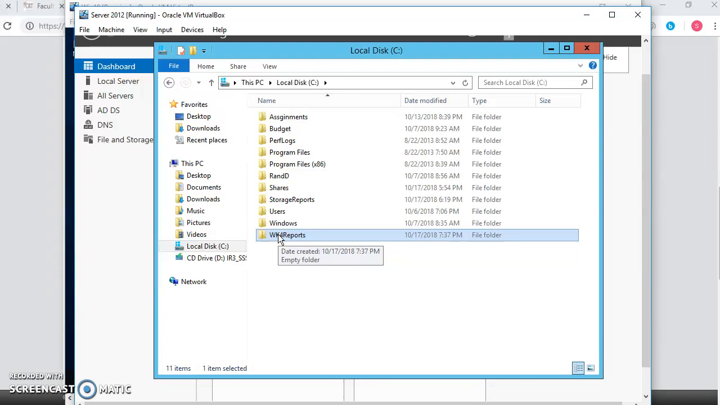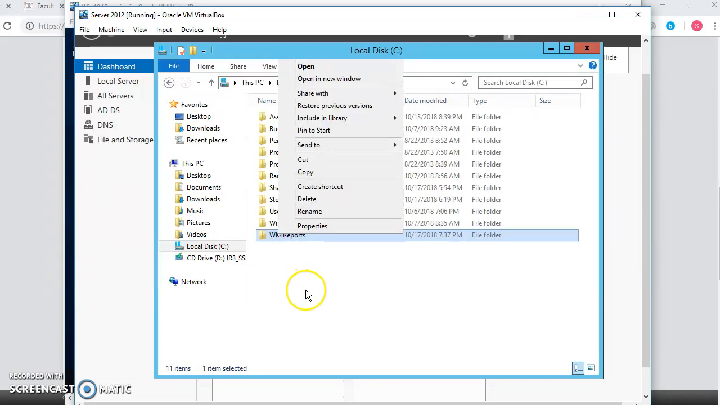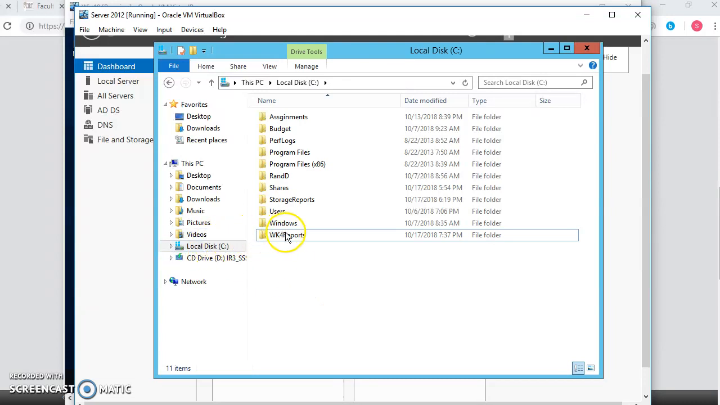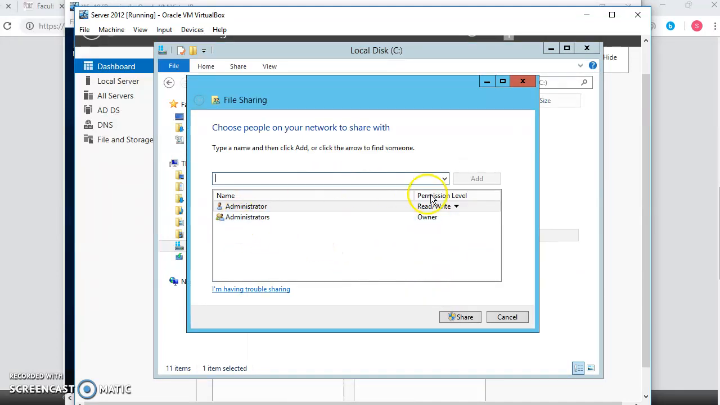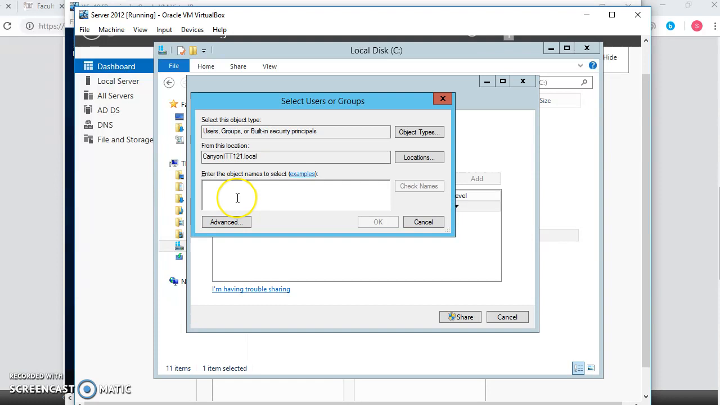Then I'll right click that folder. It's important that I'm on the local disk C on the server. I'm going to right click that and then share. You can share it with specific people, or you can share it with everyone. If you click the drop down arrow, you can share it with everyone. That's not what I'm going to do. That's simple, you can do that in your assignments. You can find people. I'm going to share it with IT